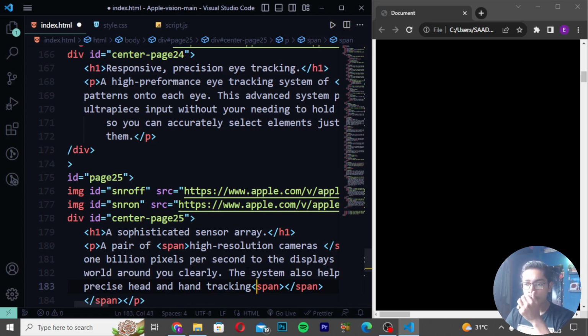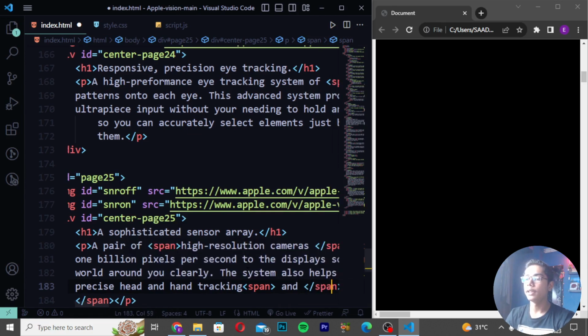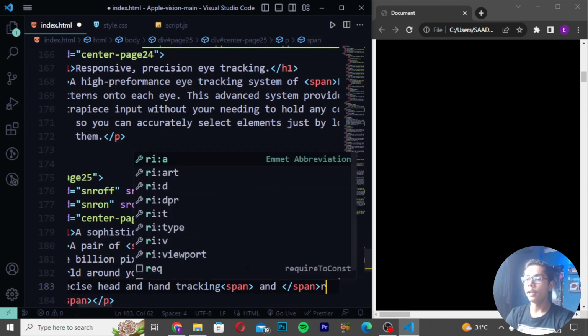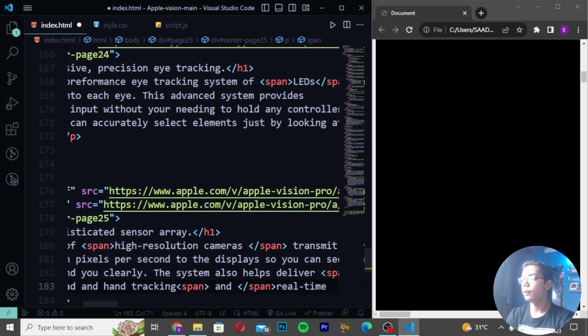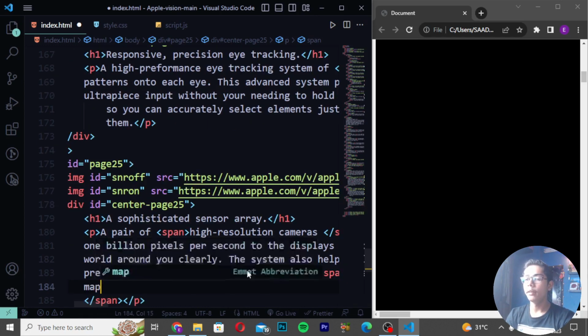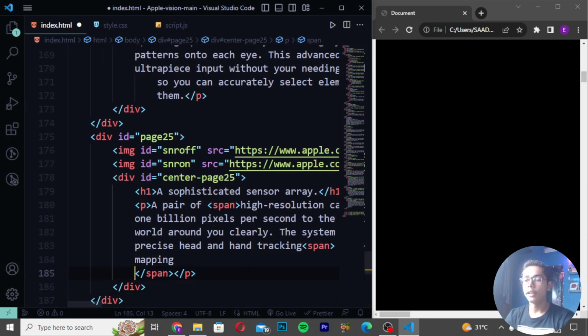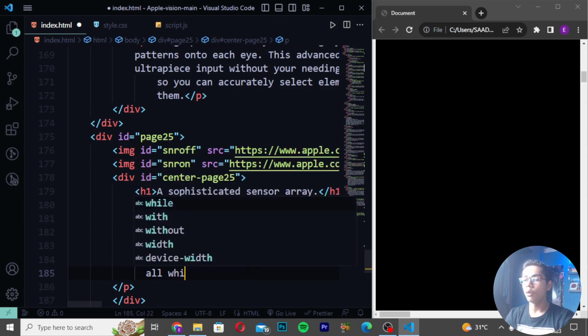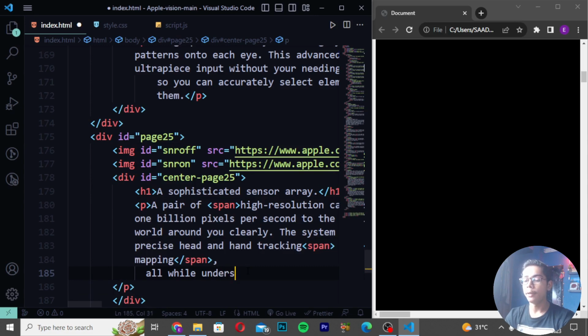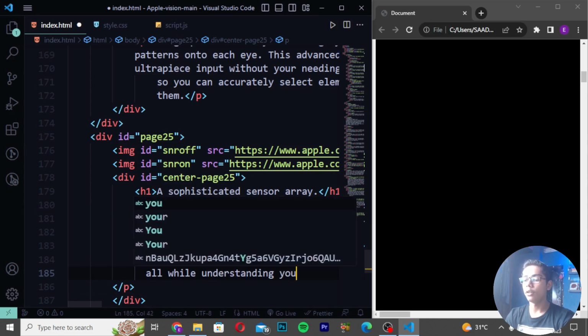Then here you have to press backspace and create a span tag, and in this span tag I will be writing add, giving space from here. Then I will be writing real time 3D mapping. After writing this mapping, you have to move back, and then I will be giving a comma here, and writing an a tag. You are done with that. Here I will be moving and writing all while understanding your hand